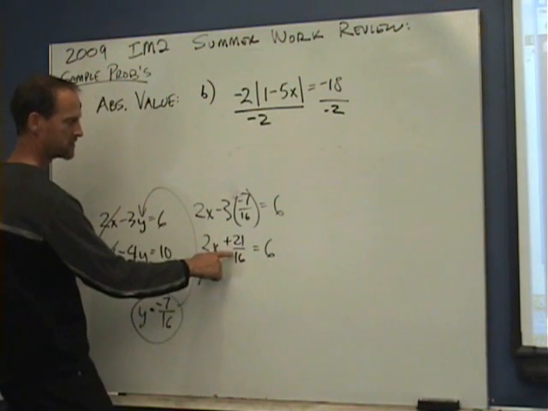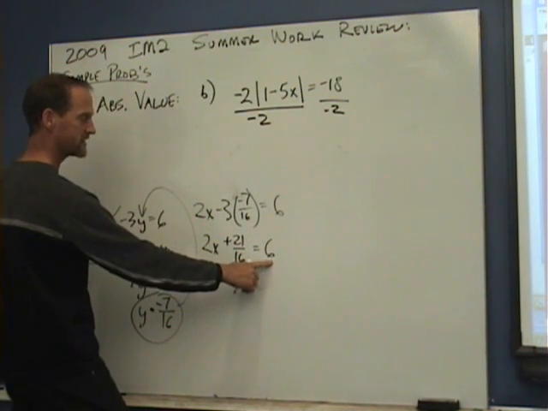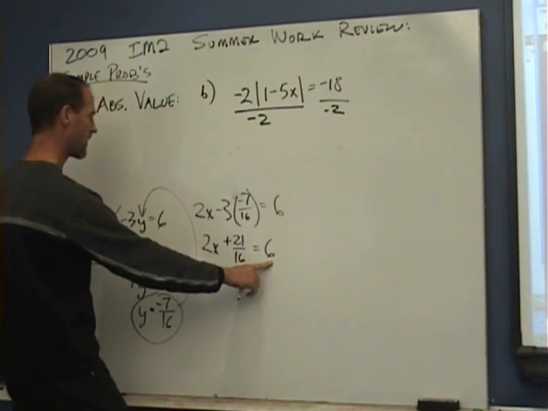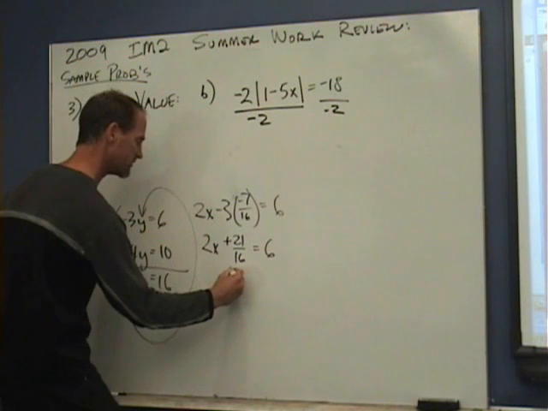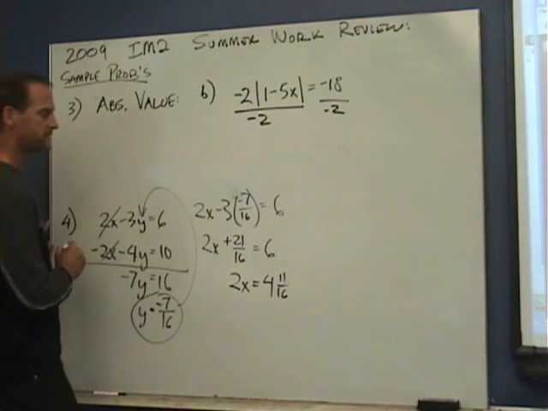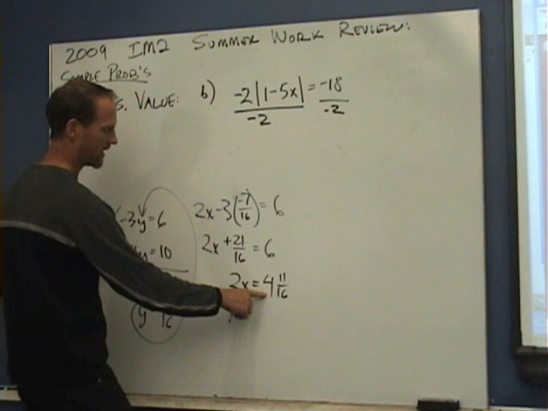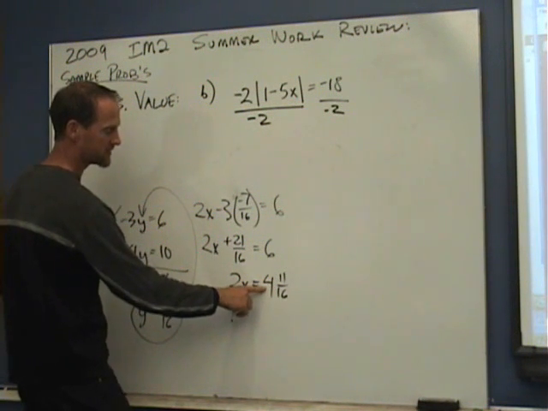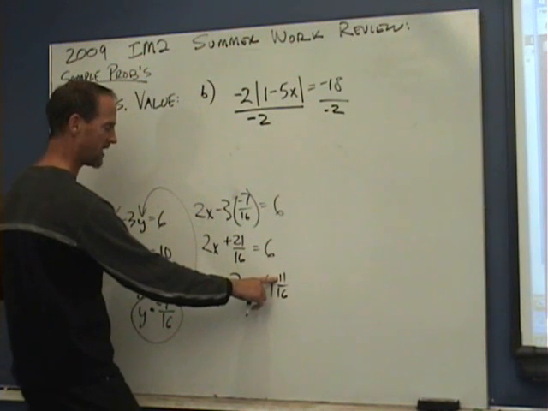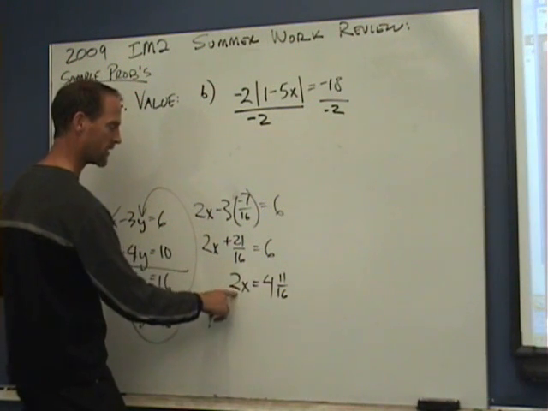Well, that's going to be 1 and 5/16. If I take away 1 from 6, I get 5. And if I take 5/16 away from 4 and 16/16, I get 4 and 11/16. So it becomes 2x equals 4 and 11/16. It's not easy, but that's the way it is. Then if I divide everything by 2, I guess I can convert this. 4 times 16 is going to be 64, plus 11 is 75. 75/16, and when I multiply both sides by 1/2,